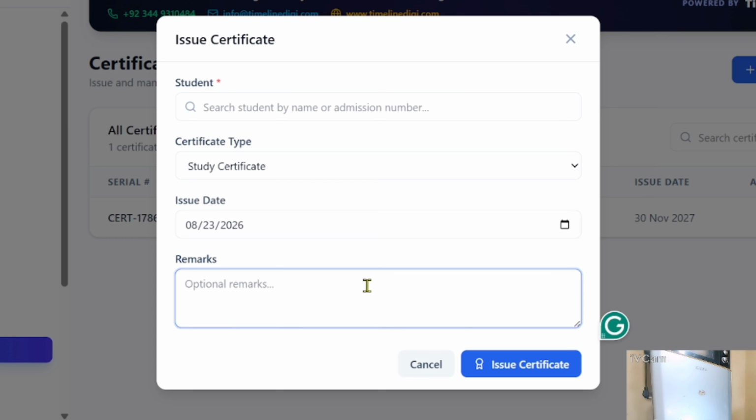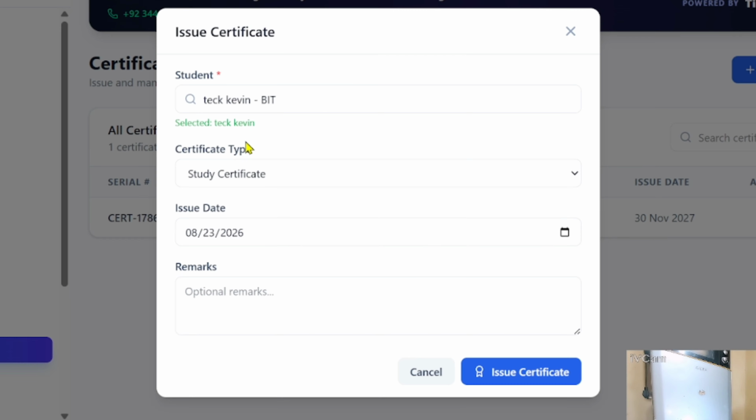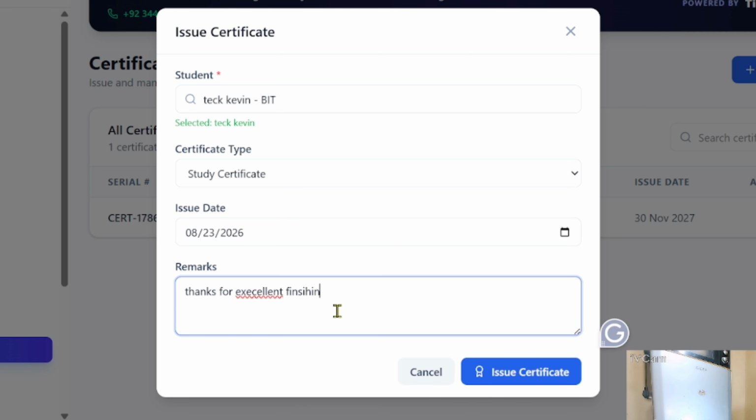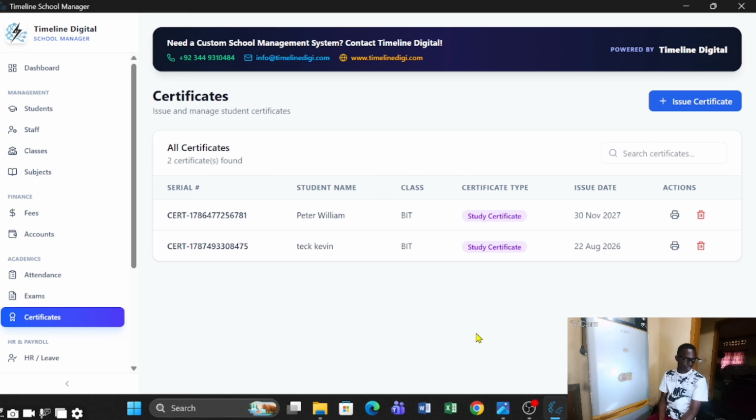You write some option or whatever, and then here you search a student by name. Take Kevin. We want to give you a certificate. We can say thanks for the excellent finishing of our program. So we can print the certificates. Mr. Kevin,